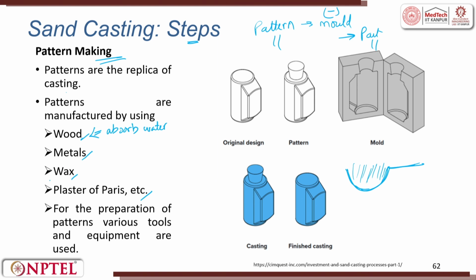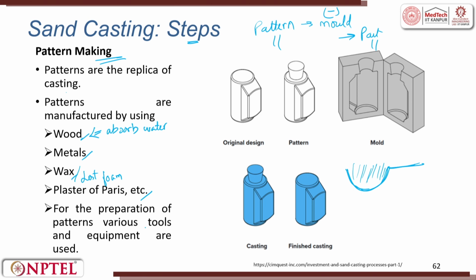Then wax, which is on the other side, where we make a wax pattern. Now, this liquid wax, you try to give a shape which is very easy, and then when the hot liquid metal is poured, the wax pattern will itself melt and go away, or you can have something like lost foam. The thermocol, which burns away and then goes on. You can also have plaster of Paris. Plaster of Paris is ceramic. It is easy to make because you can easily make it by hand.